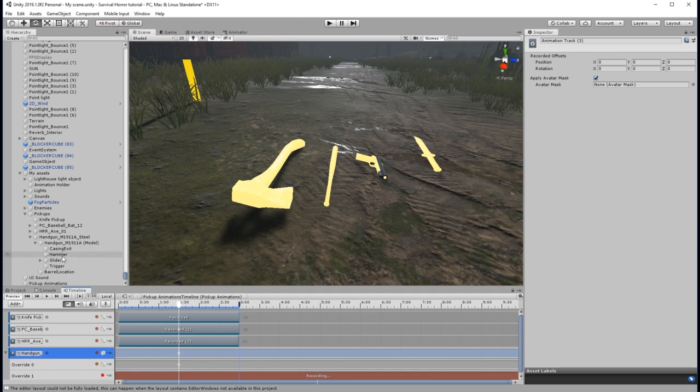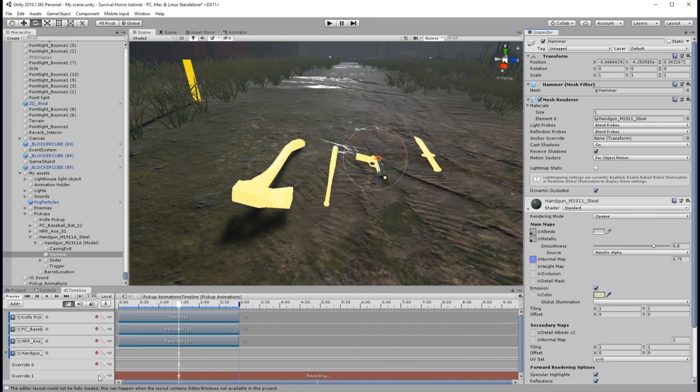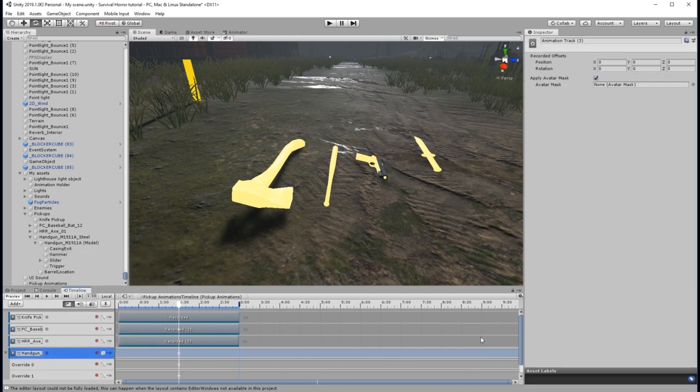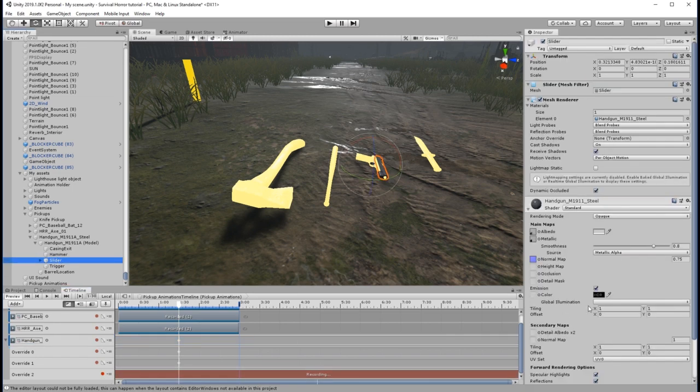and this time we're going to find the hammer. This is why it's useful to have your swatches. Alright, just makes it so much easier to select them. Let's add another override track. I need to scroll down for this one, and this one is going to be the slider,